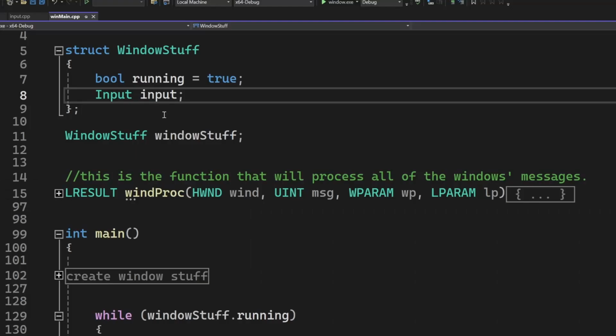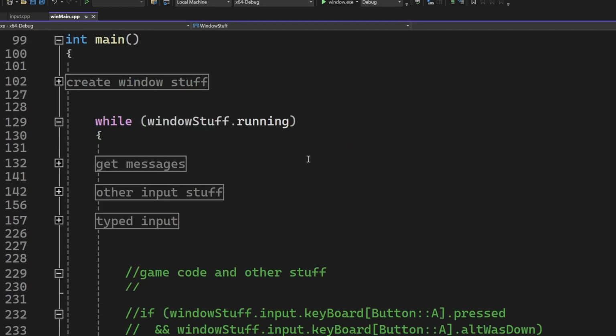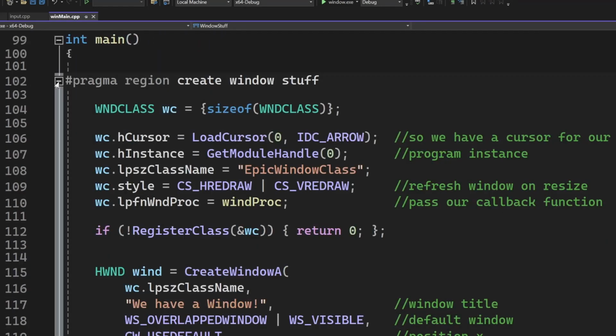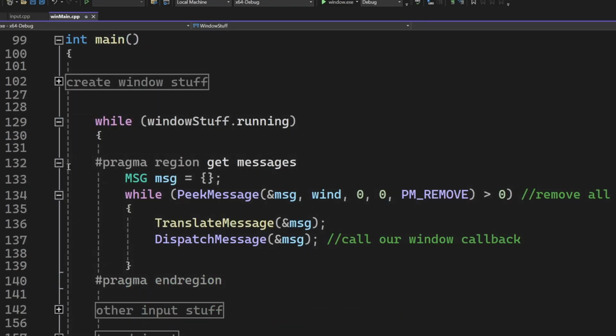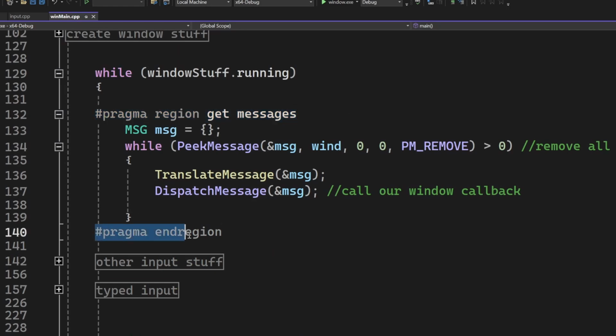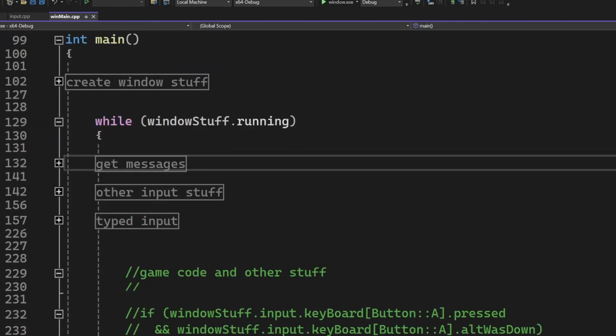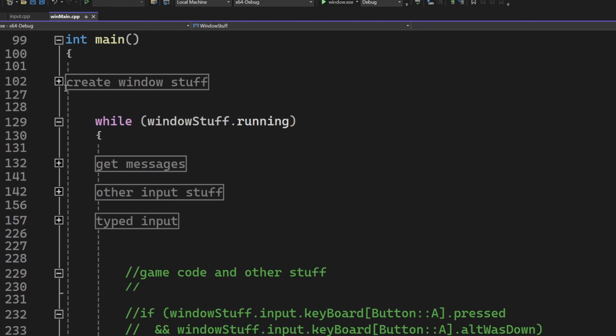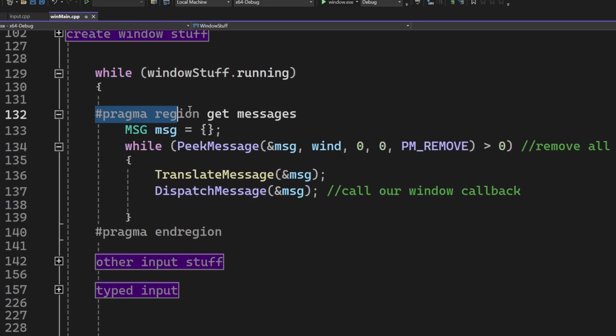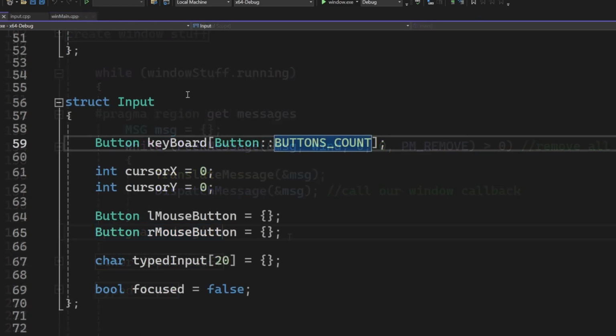First of all, I added some regions to keep the code more structured. Some people might argue that moving these lines into a different function is better, but I don't agree with them in this specific case. It's easier to see the control flow by having all of these things in one place, in order. And with regions, we can collapse the code very nicely, so it looks like a function. So, let's add mouse input.